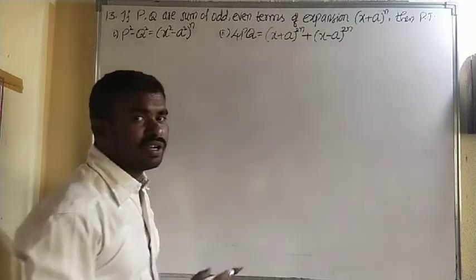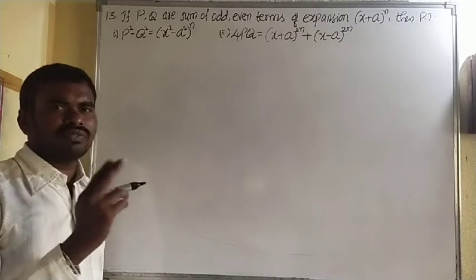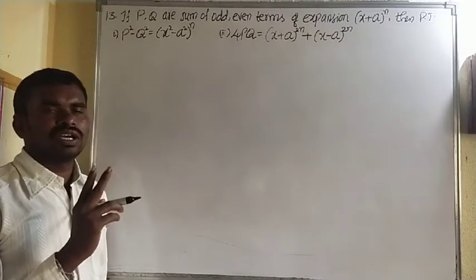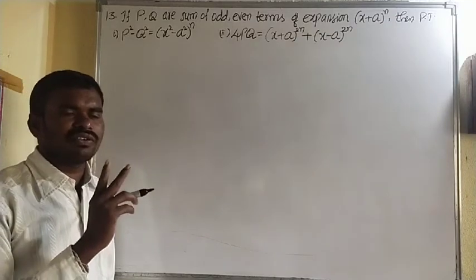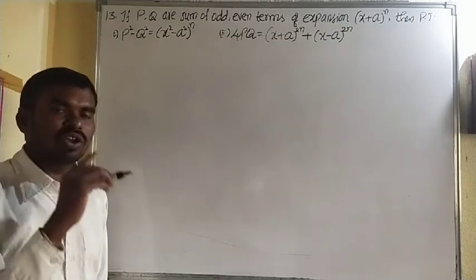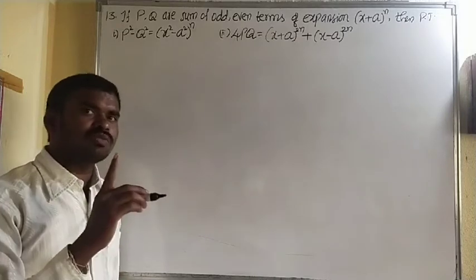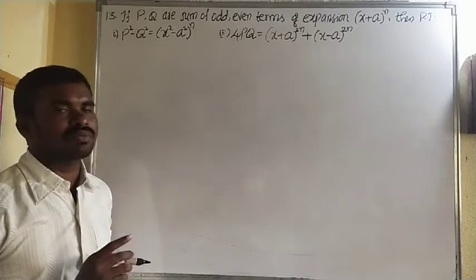(x minus a) whole power 2n. Okay. So this binomial theorem, from this chapter we get two long questions. From the first 7 questions we can get one long question, and from the remaining questions we can get one more long question. So completely 2 sevens are 14 marks. After that, one 2-marks question is also there for the exam purpose.